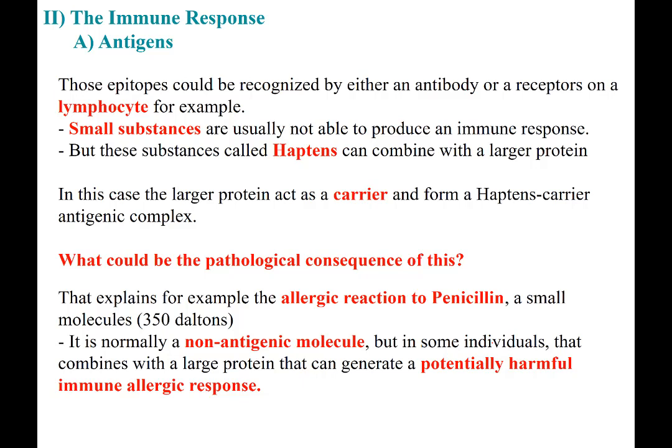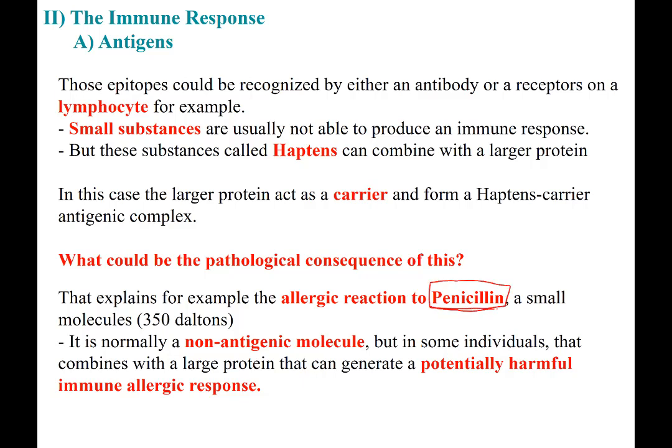With the immune system, there's always another side of the coin, if I can say it this way. We always define the immune system as double-edged. It's a double-edged sword because there's always a positive, and then this positive can turn into a negative. So let me give you an example. We were just talking about the recognition of an antigen. Sometimes we can be infected or exposed to antigens or substances. In that case, the example I'm going to give you is penicillin.